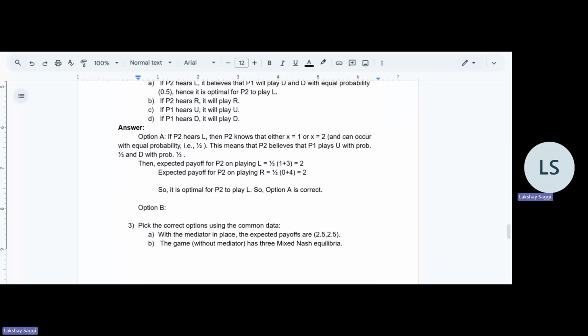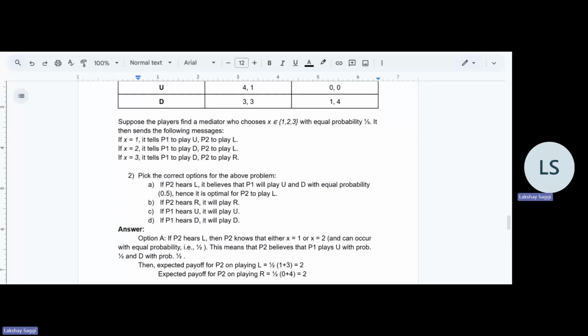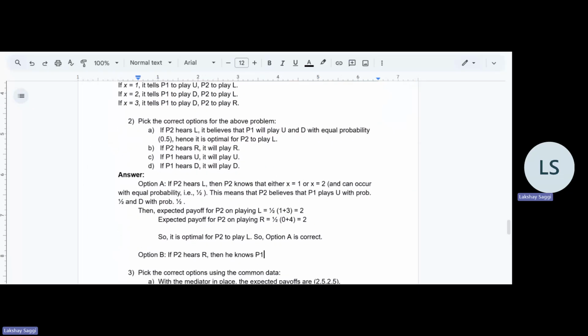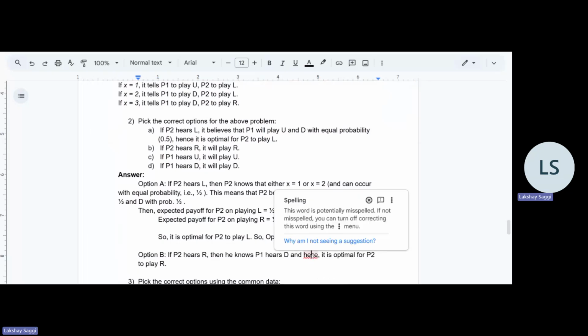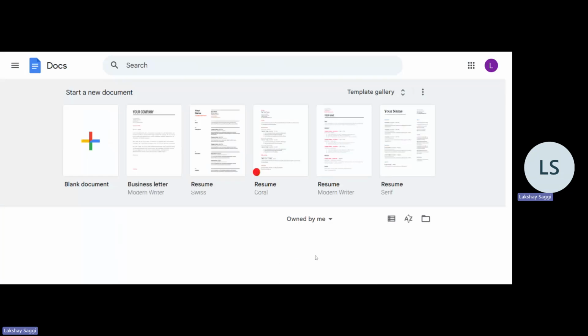So if P2 hears R, then he knows P1 hears D, and hence it is optimal for P2 to play R, because the payoff on playing R when